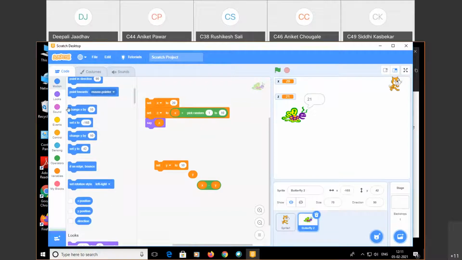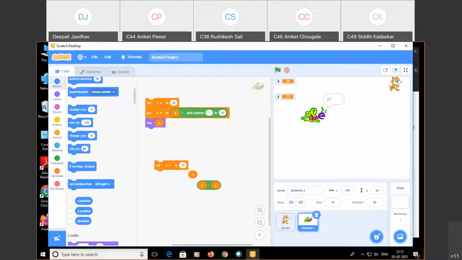Here you want to change the position. It is x and y coordinates. You can see here, these are the x and y coordinates for this sprite. Suppose I want to change it, you can change it from here also, or you can change it from here also. It is possible. Set x to minus 160. Instead of that, suppose I use here minus 100. What happens? It changes its position to x minus 100.